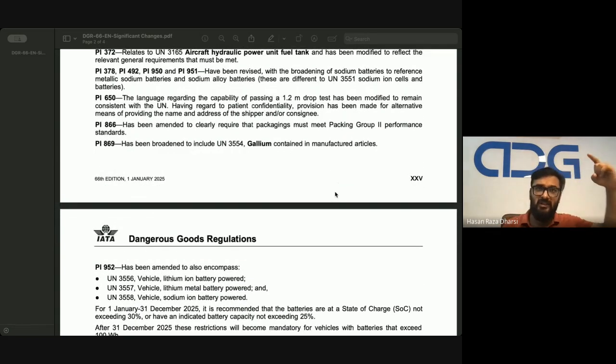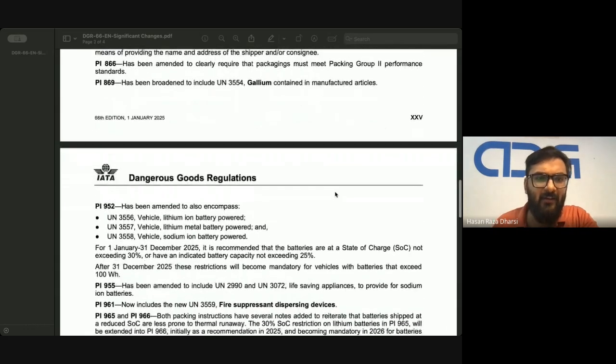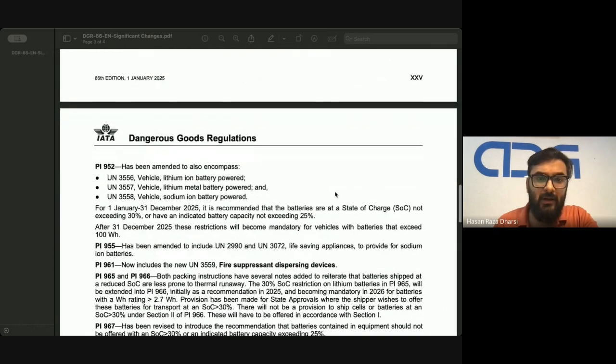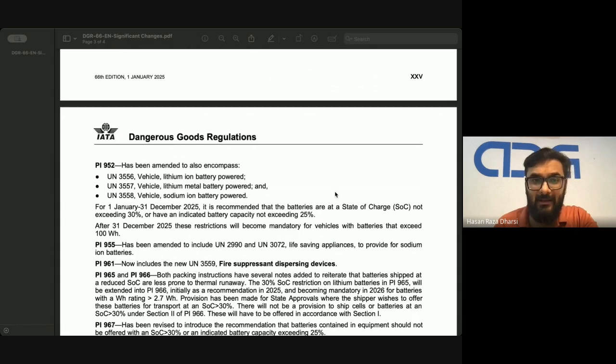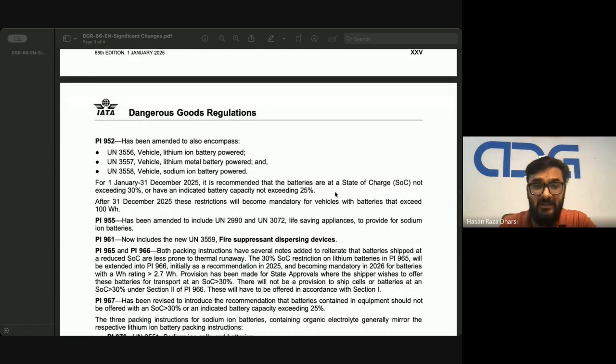We have just discussed that gallium has been entered in the name of in section 4. So with reference to gallium, its packing instruction has also been broadened. Then we have packing instruction 952, which has been amended to encompass entries like 3556, 3557 and 3558 for vehicle lithium ion battery powered, vehicle lithium metal battery powered, and vehicle sodium ion battery powered. For 1st January till 31st December